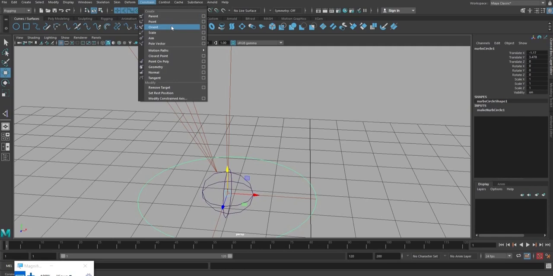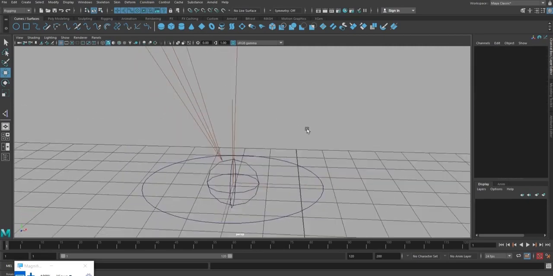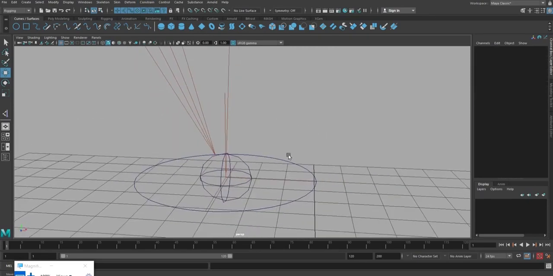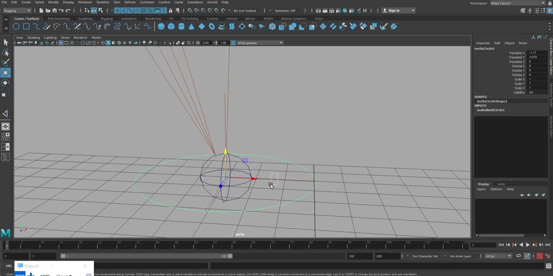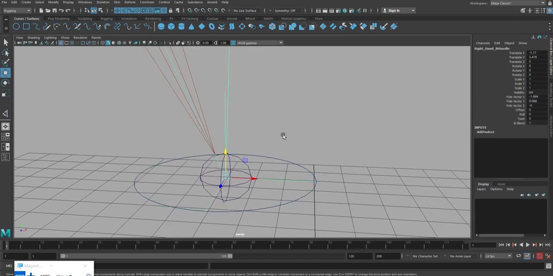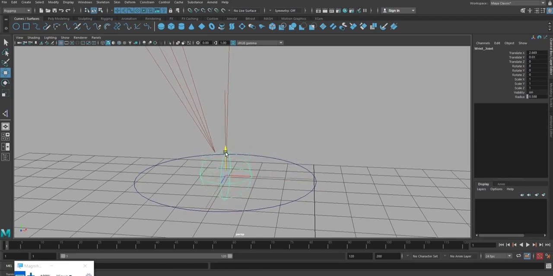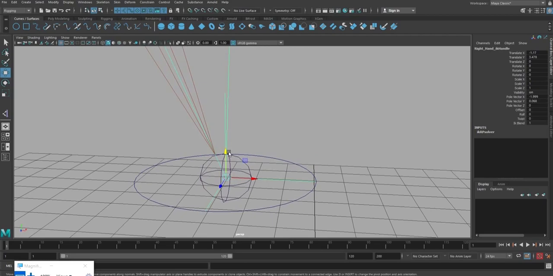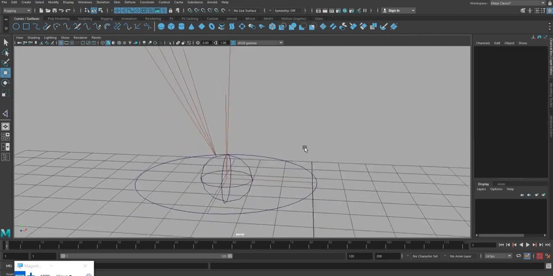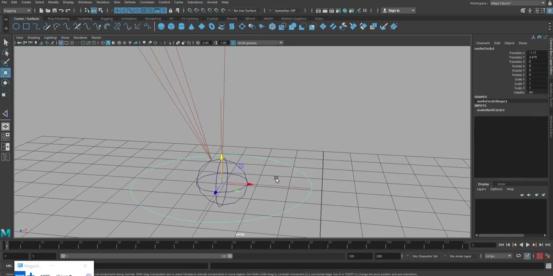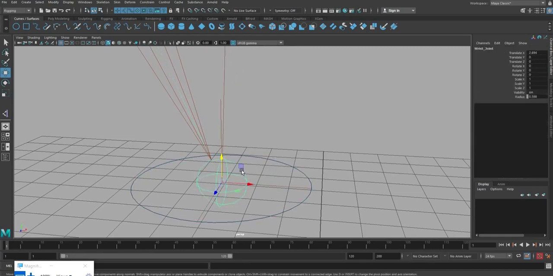So for that we need to find the purpose of the relationship between this controller and this IK handle, because this joint is now not independent, it is now being attached to the IK handle. IK handle is the controller, so we need to give connectivity or relationship between the controller to the IK handle, not to the joint.